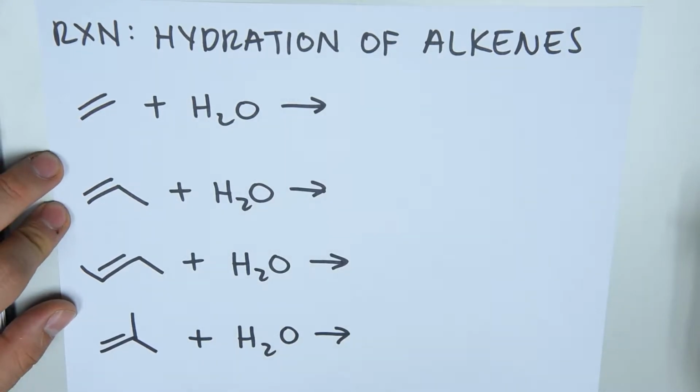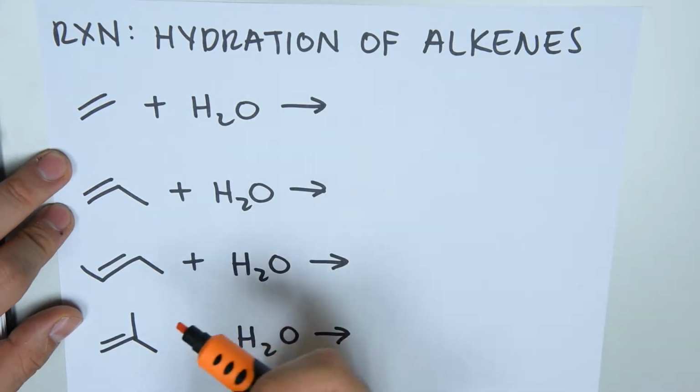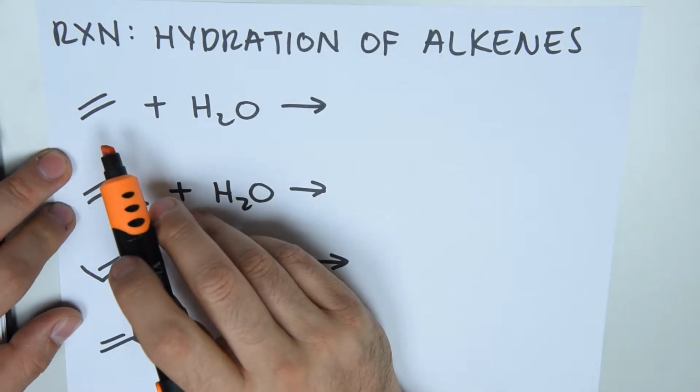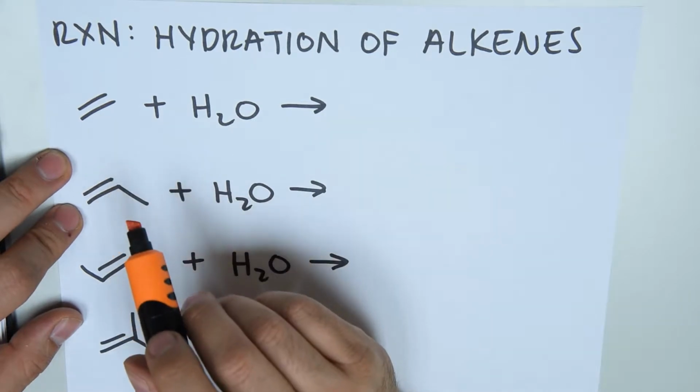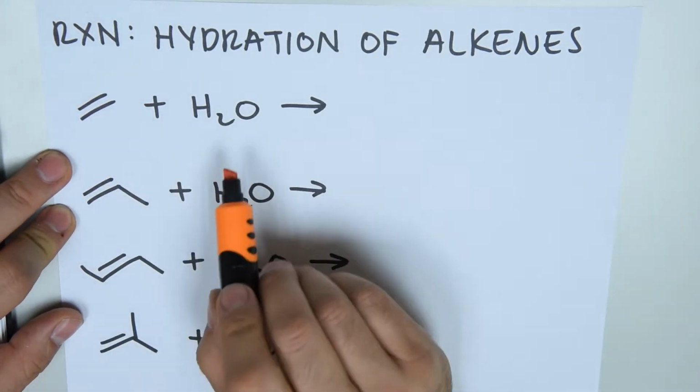The next reaction we're going to analyze is hydration of alkenes. So remember, we have to remember Markovnikov's rule and analyze the original molecules to see how we're going to add this water into this double bonding molecule. The general reaction type is always beginning with a double bonding molecule, an alkene, which we're going to add water